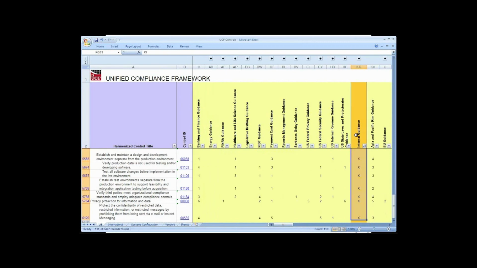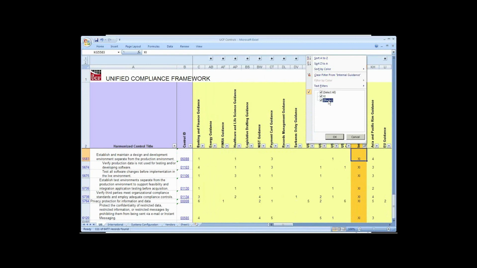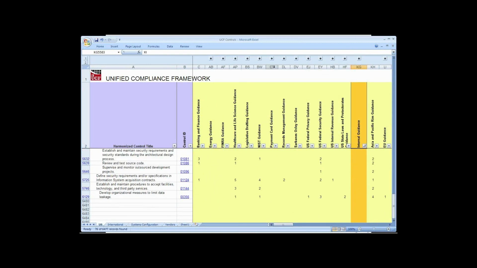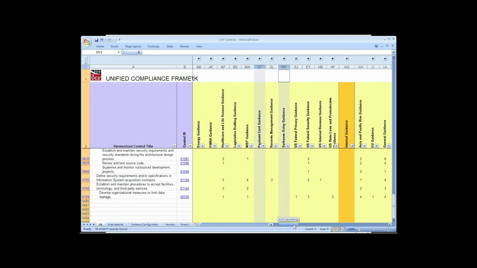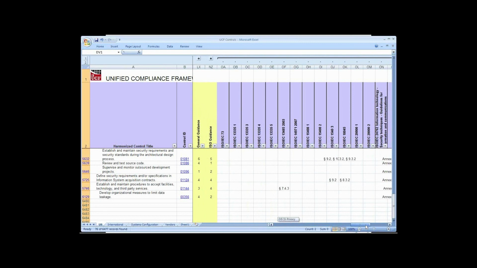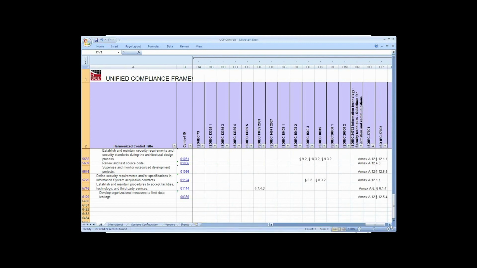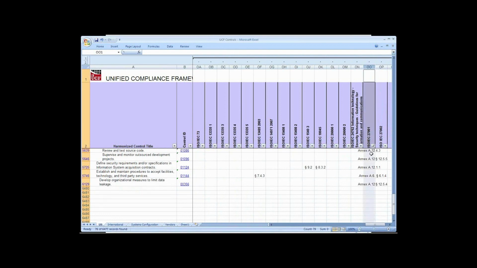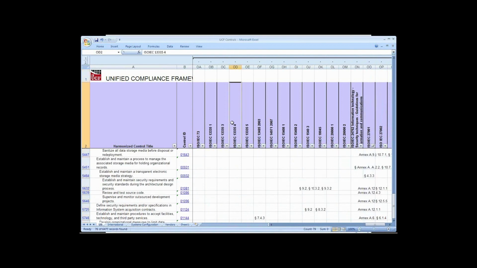And paste that down. So all 111 overlapping controls now have XI. And now if I want to find just the ISO controls, I can come back in here and select just the blanks. And again, no markings for PCI, no markings for SOX, but you'll see that ISO 27001 has controls. There we go. So you can see there's text in this column for ISO 27001. So let's go back over